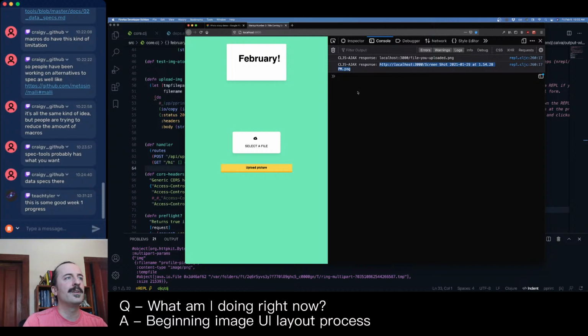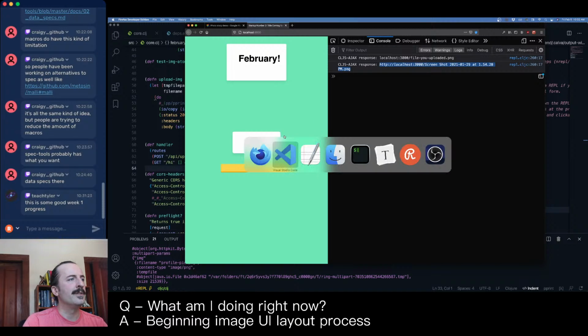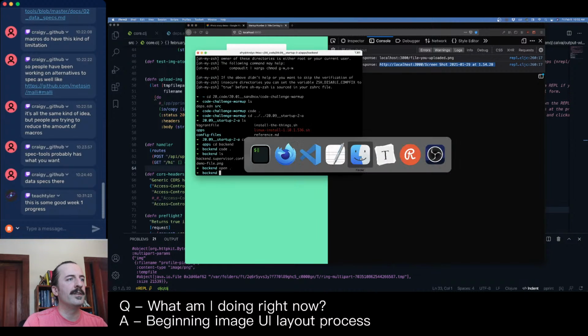Okay, cool. All right. So now we got a path to the file, and if we look on the disk,